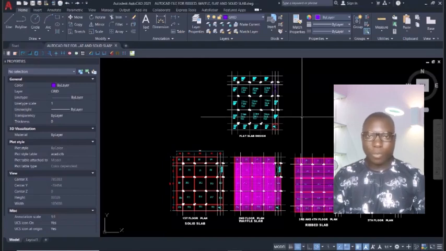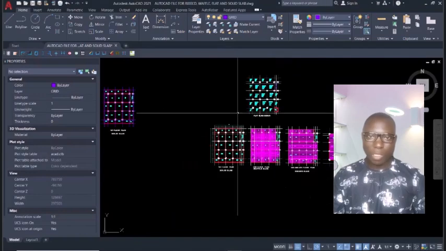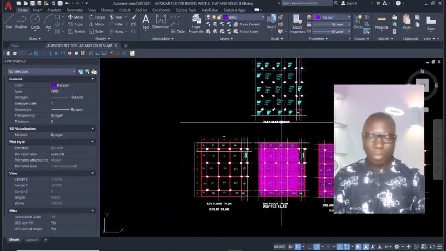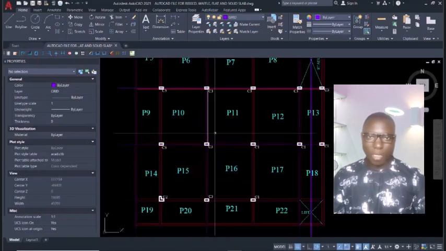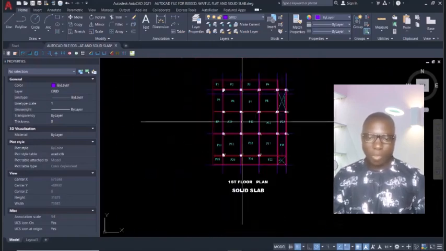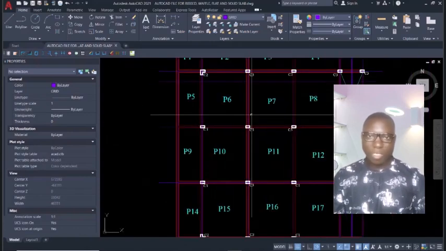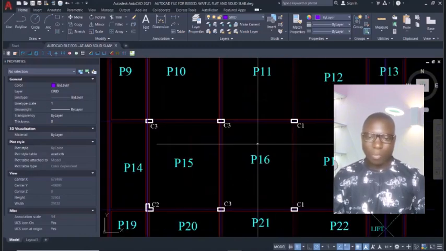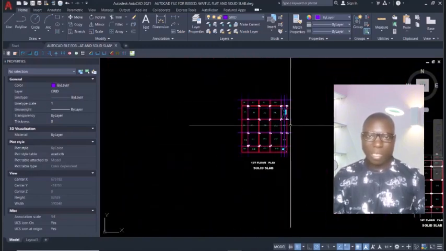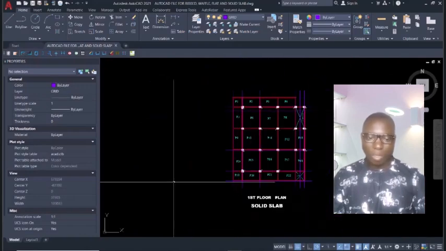Hello friends, in this video we are going to be modeling the slab system successfully in ProtaStructure. So we come over to where we have the grid set out right here, and then we are going to be taking this grid by converting it into a DSF file so it can be interpreted by ProtaStructure. At first we will take these grid lines to the origin, so we locate the origin of the AutoCAD graphic